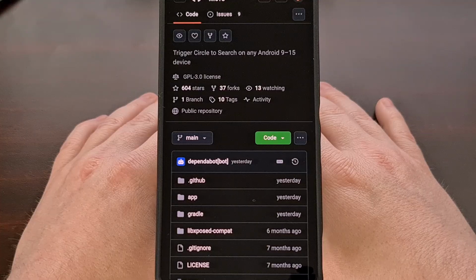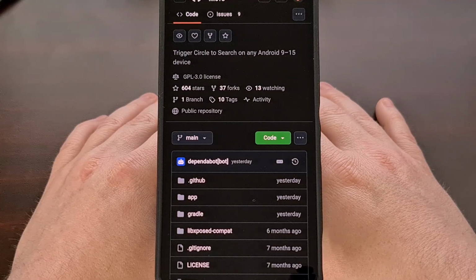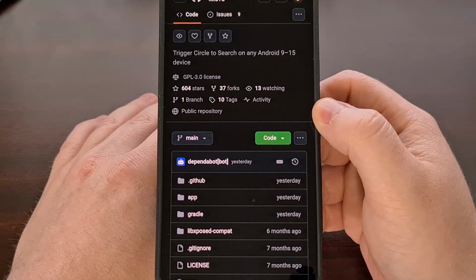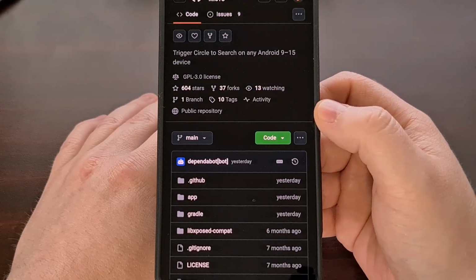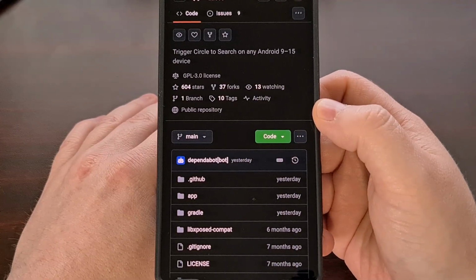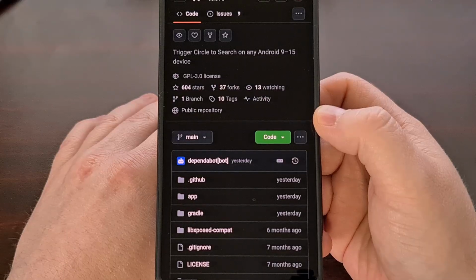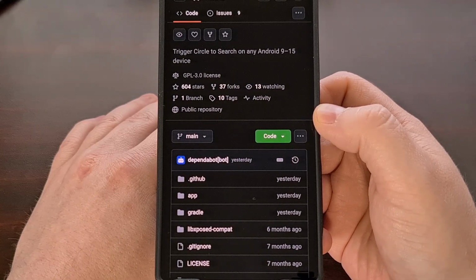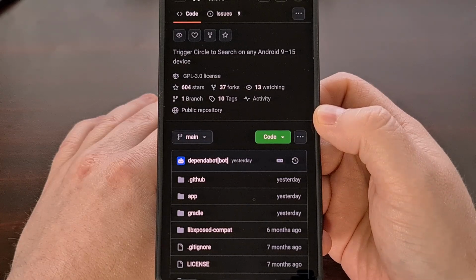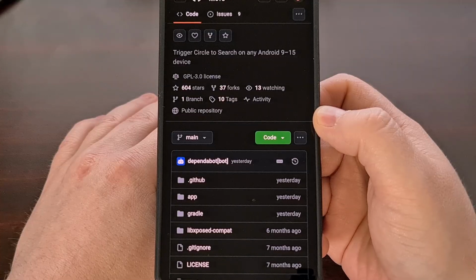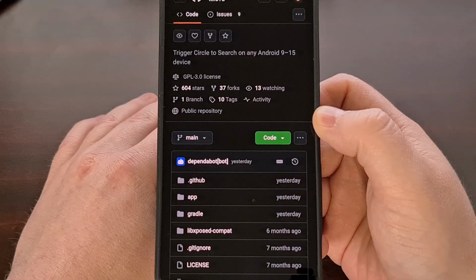After you have that set up, then you can proceed to download this application called MiCTS. The CTS part stands for Circle to Search, and I believe the addition of the letters MI coincide with how Xiaomi likes to refer to its MIUI firmware. But I can confirm that this application works on all Android 9 devices and higher, not just the ones that